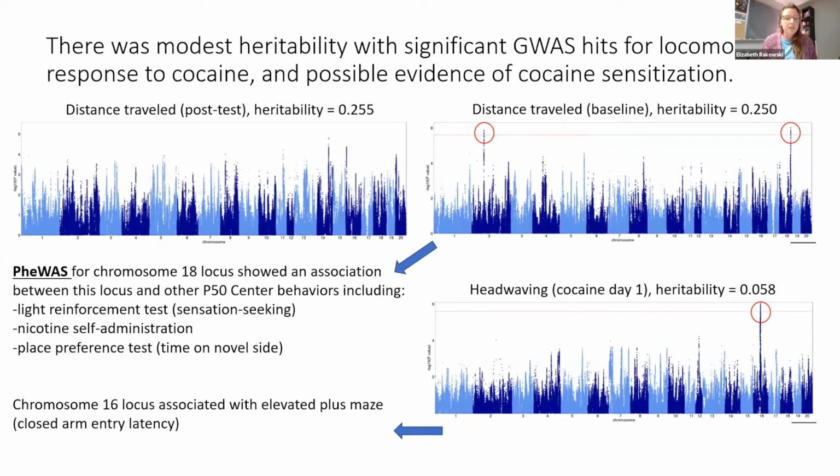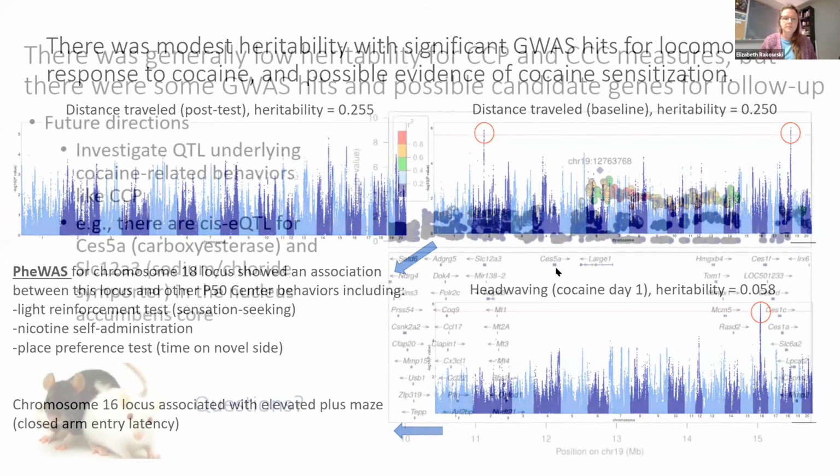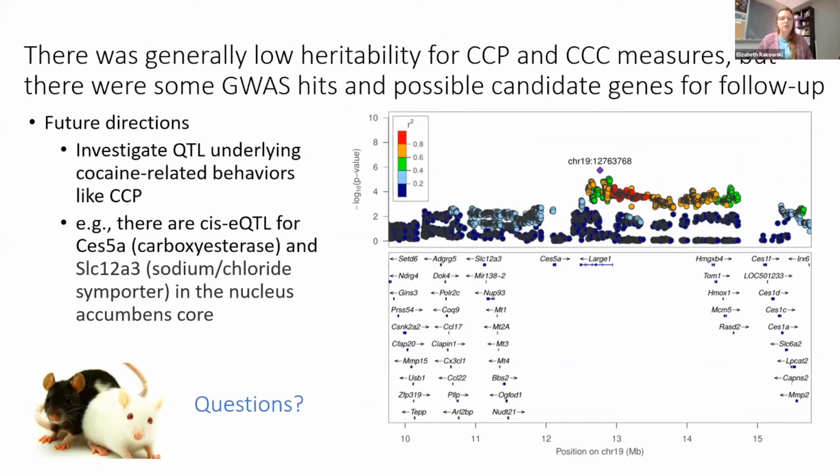So for chromosome 18, there was association with light reinforcement tests, which is a way that we test sensation seeking, nicotine self-administration, so more drug self-administration behavior, and then some place preference test behaviors as well. Chromosome 16 had some association with the elevated plus maze, so latency to actually enter the closed arms of the maze. So even though there was generally low heritability for these measures, there were some candidate genes that we definitely want